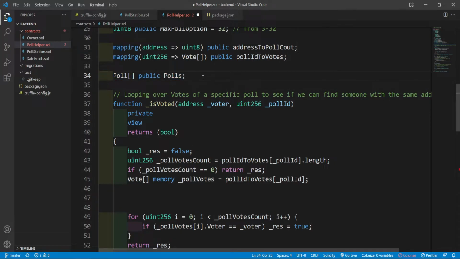And actually, memory in this case is not going to cost you, and it's actually much cheaper than the storage. So we would rather use the memory a lot than the storage, because it's going to cost us less gas fees. But in Web2, because there were no gas fees for us,